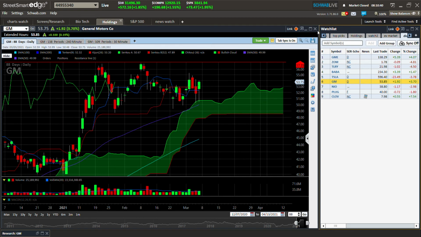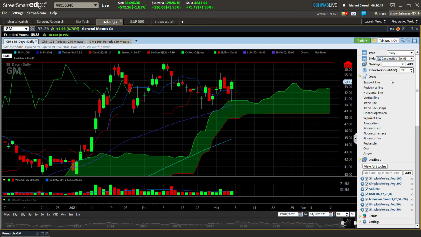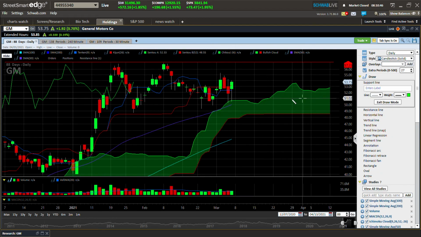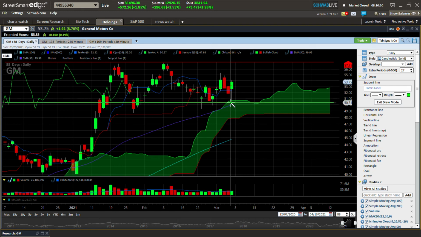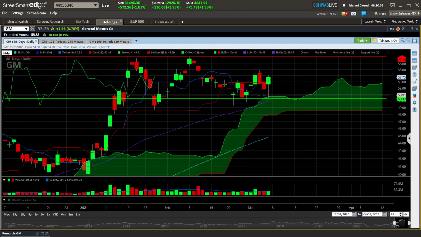So let's see, I can draw a line. Bottom of the range, support line, green. Okay, so this is our range. So I would say if you want to go long on this stock, see how the range is right here at the top of the cloud as well. If you want to go long on this stock, maybe try a buy order right here at the top of the cloud